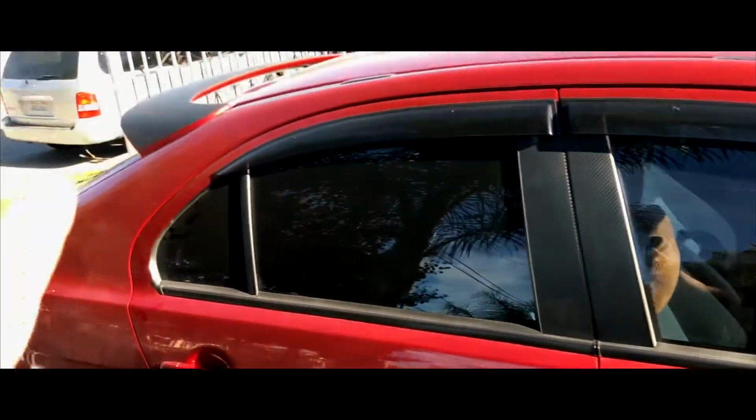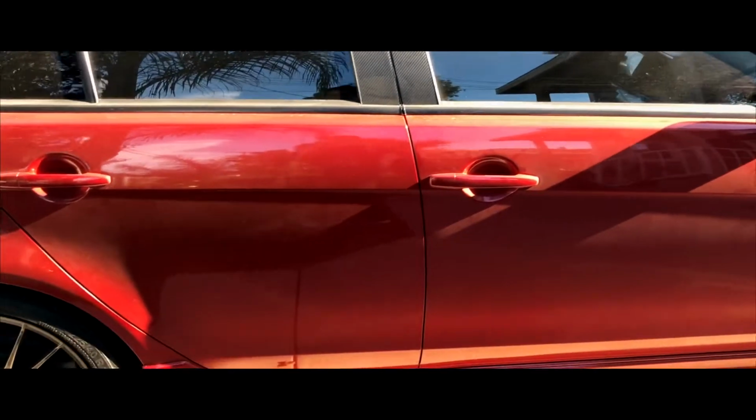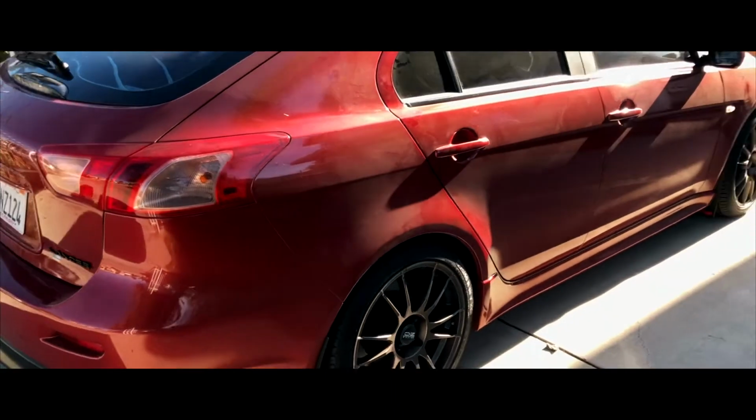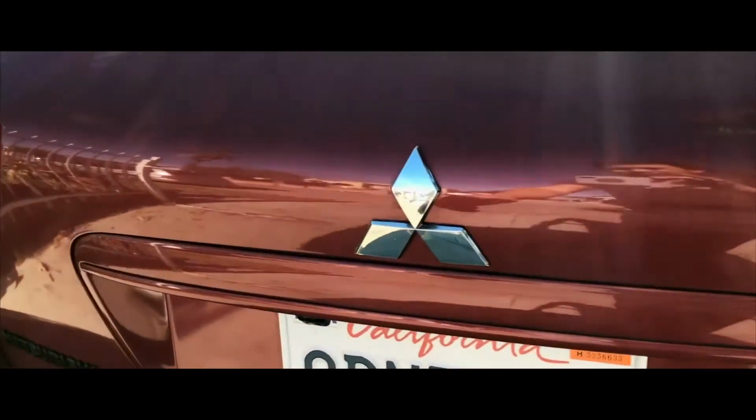OEM visor with some carbon wrap, and I wrapped the top because it was fading. So instead of painting it, I got a new wrap. I mean, I wrapped it. Also put in a rear backup camera,